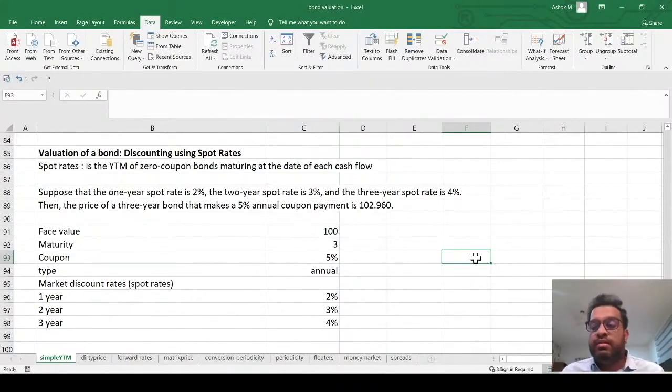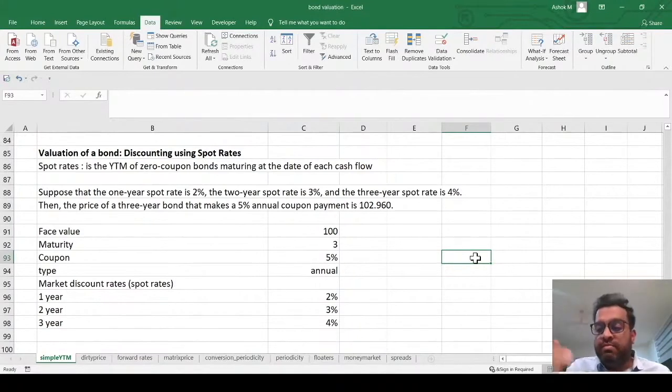It's the closest to getting us a risk-free rate because there's no credit risk and there are no cash flows in between. So what do you do with this spot rate? You have zero coupon bond YTMs on different maturities. You take those rates and you have your bond, which is a corporate bond, a risky bond, which has coupons on so many dates: 6 months, 12 months, 18 months. So each of those coupons, I will discount at the spot rate corresponding to that zero coupon YTM. Say the corporate bond gives me regular interest in 6 months. That 6th month cash flow, I will discount using the 6 month YTM of the zero coupon.